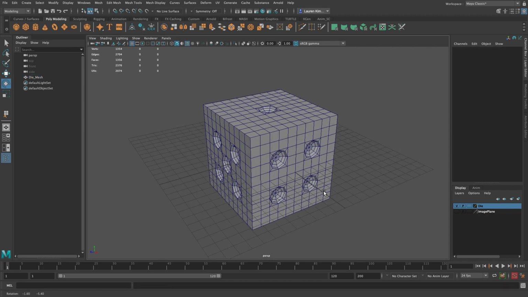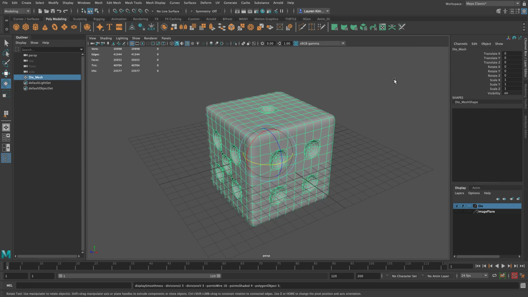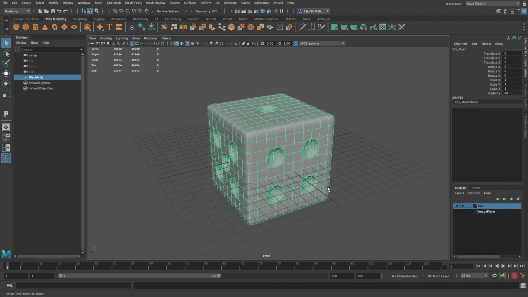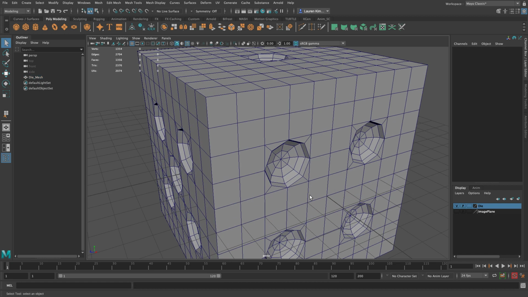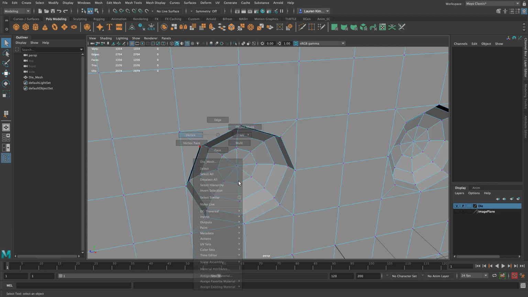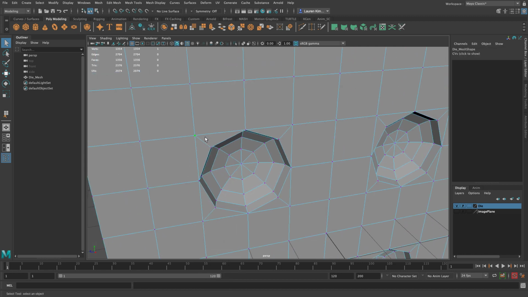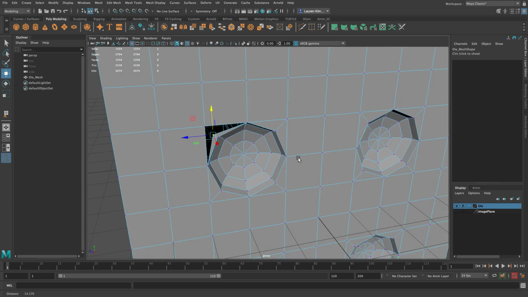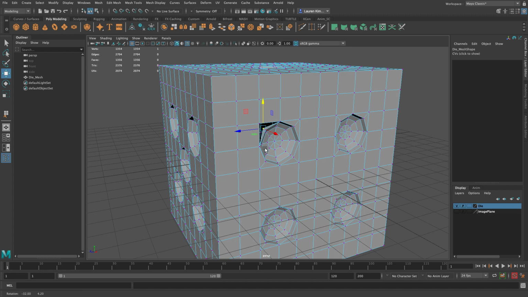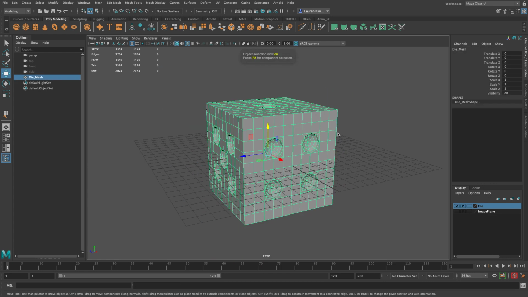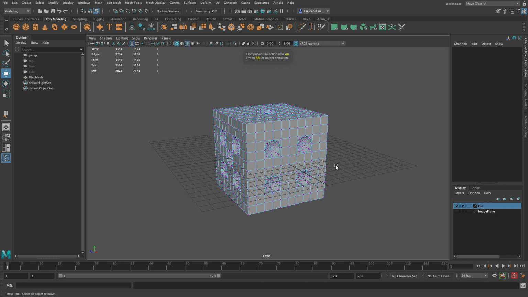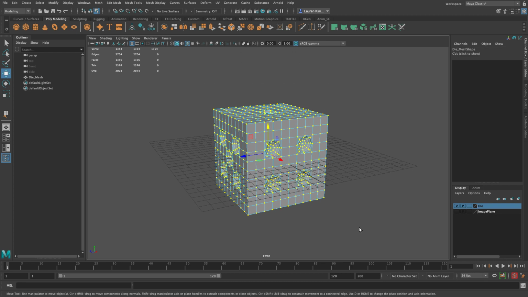Okay, so we're not quite done yet. If I were to press 3, well, it's working out really well. So instead of pressing the smooth, I'm just going to go over here and show you. I'm going to click on this vertice and use my move tool to show you that things are not quite complete yet. So what's happened is, even though we've combined all these assets, we have not essentially sewn them together by merging the vertices. So I'm going to press undo, and to merge these vertices, while in vertice mode, I'm going to select everything,